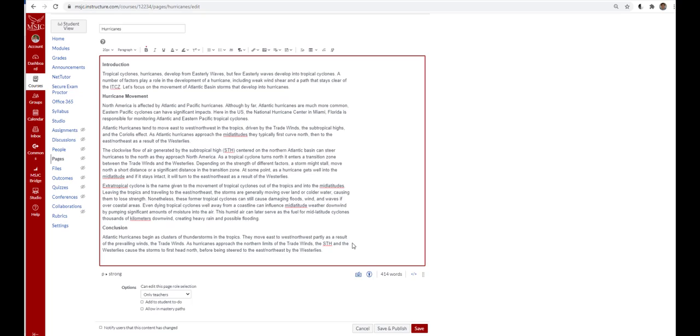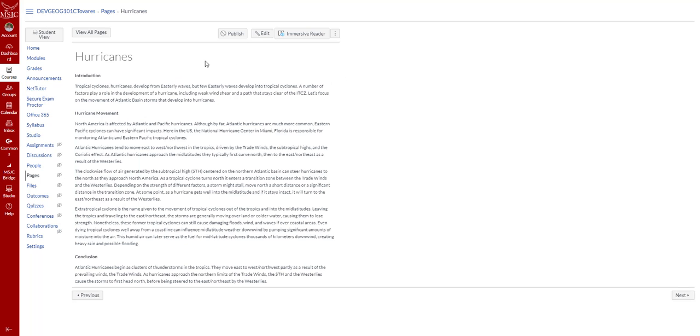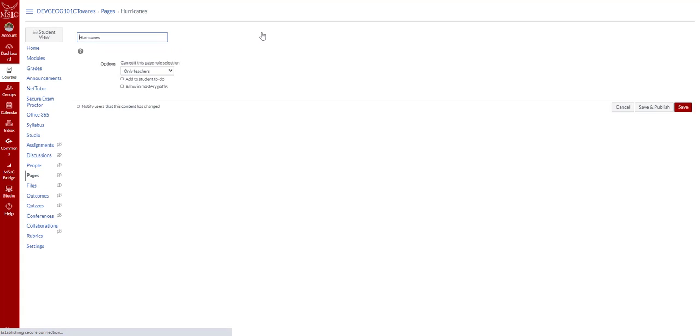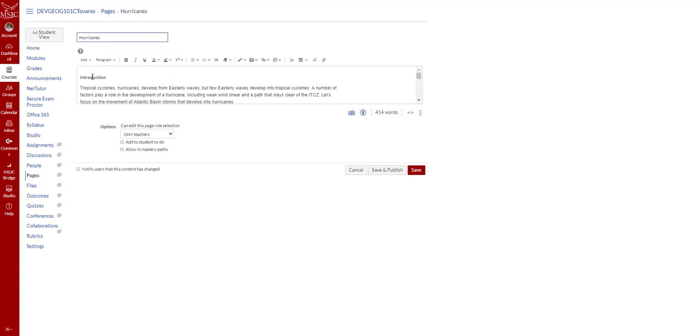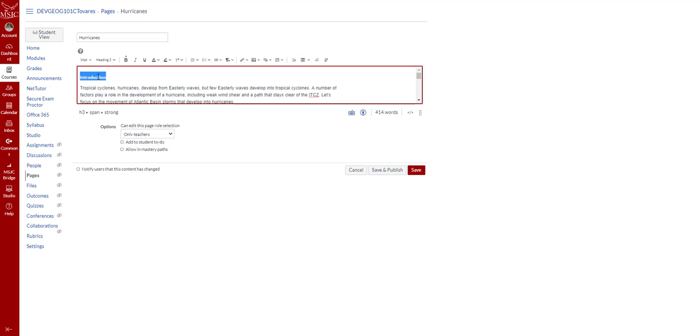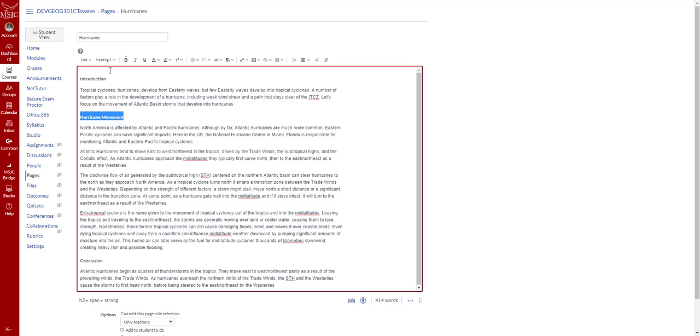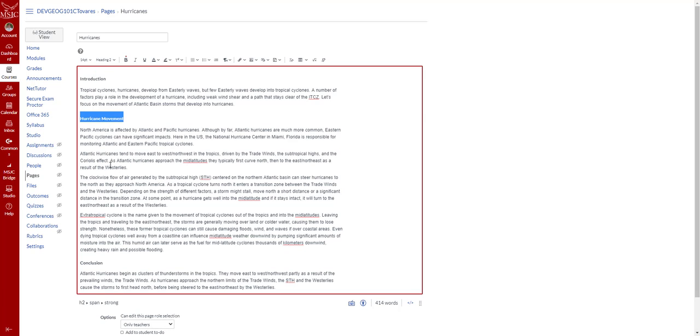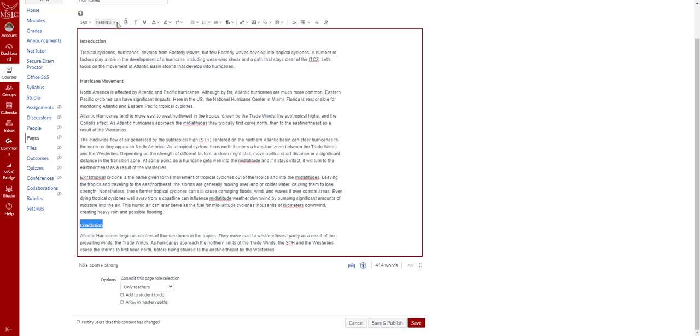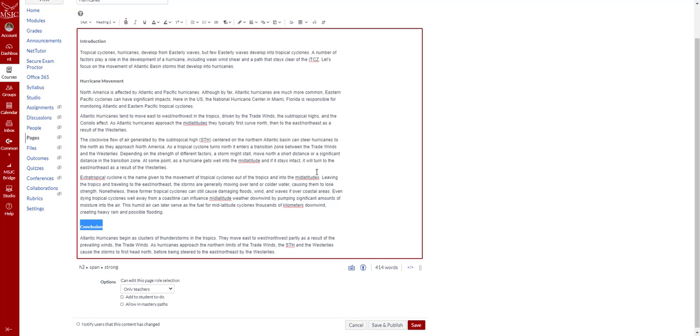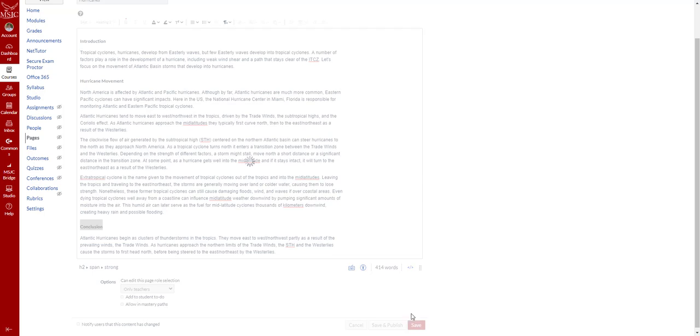Another strategy to simplify things is to not have a title on the page or assignment, and to go ahead and use H2 for the major sections. Let's check it out. H2, H2, and H2 again. Looking good. Let's switch to the print view.